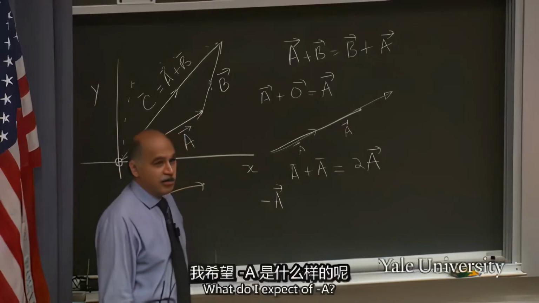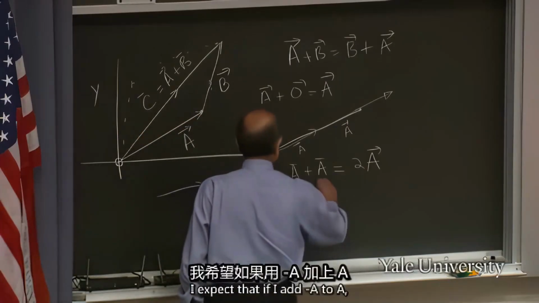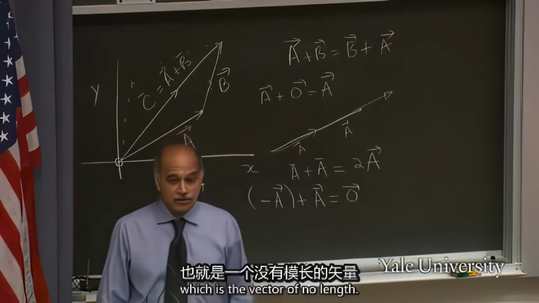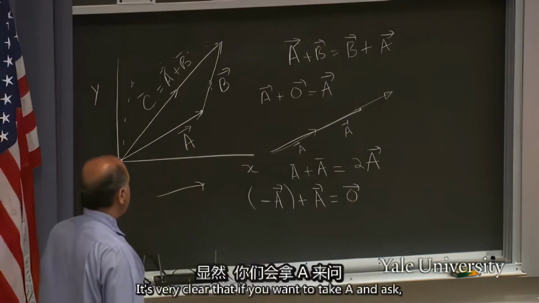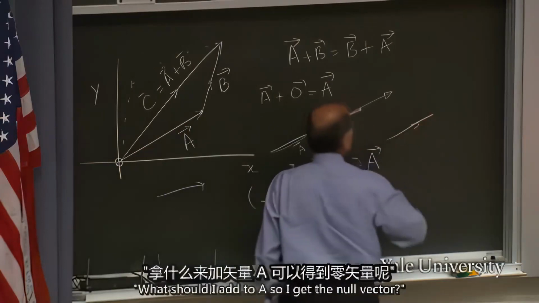What do I expect of minus A? I expect that if I add minus A to A, I should get the guy who plays the role of 0 in this world, which is the vector of no length. It's very clear that if you want to take A and ask what should I add to A so I get the null vector,